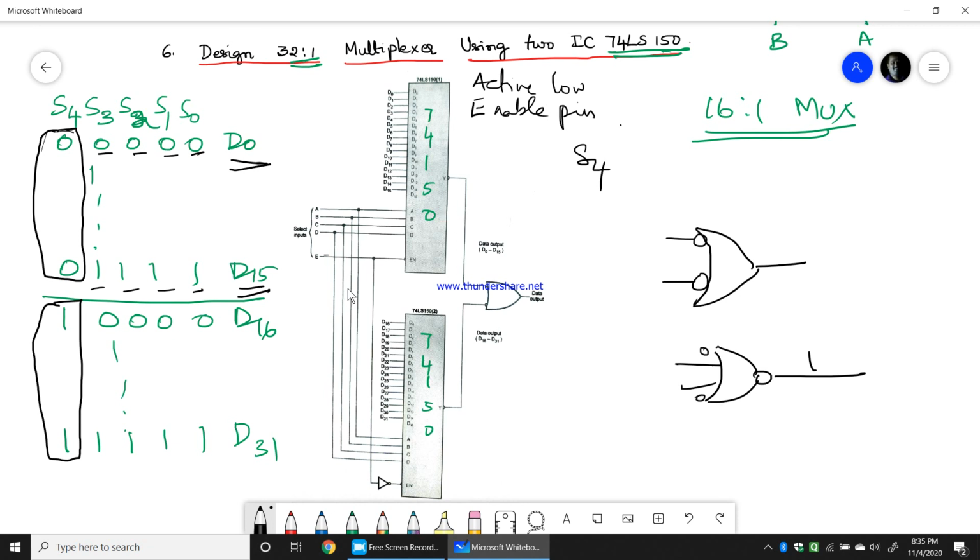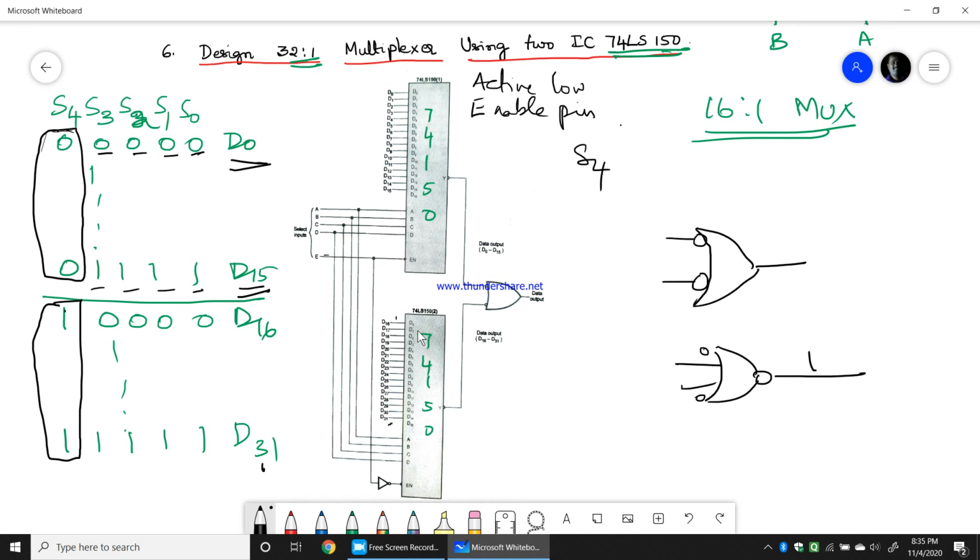Now the enable pin is taken through a NOT gate, because S4 is all ones in the next combination, D16 to D31. I need the enable pin to be 0 to enable this IC, which gives me D16 to D31. Now S4 is 1, so I'll give that through a NOT gate, so it becomes 0.